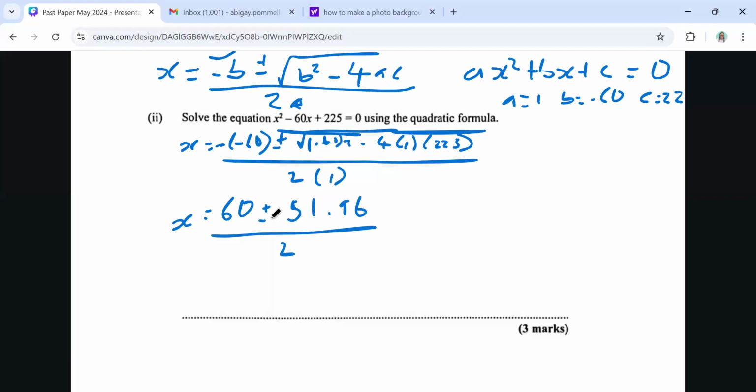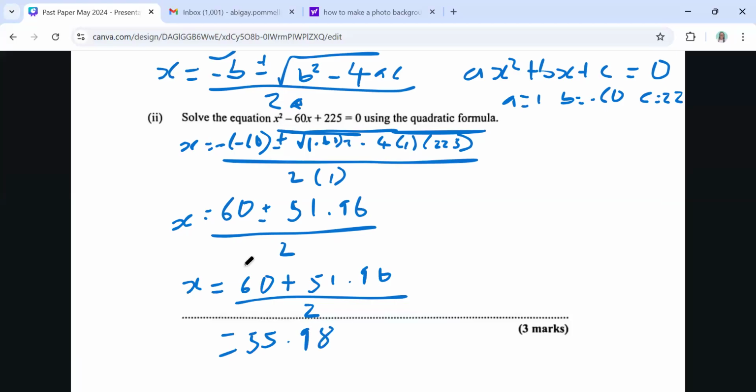So I am going to separate it now. Right here it says plus or minus. That means I'm going to first plus 551.96 to the 60, and divide by 2. So I'm going to put it in my calculator: 60 plus 551.96, divided by 2. I get